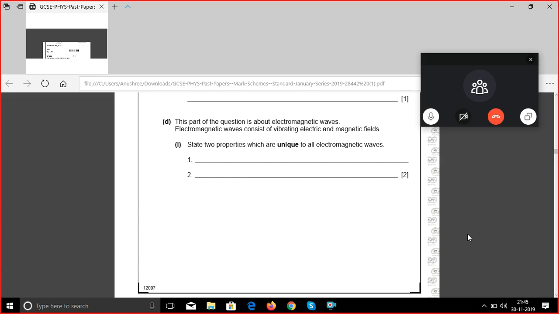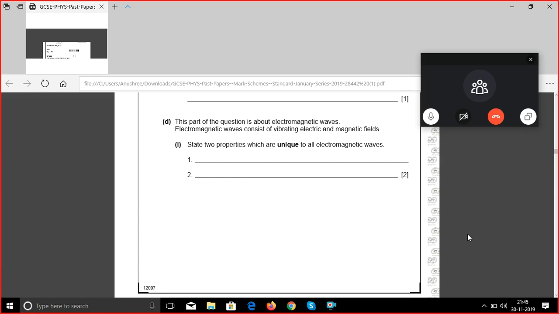And they can travel through a vacuum. Okay, so state two properties which are unique. So first thing is that they don't require a medium to travel. That's correct, that they can travel through vacuum. Why can they travel through vacuum? Because they don't require any medium. That's the first property. And second property is also related with the vacuum or air, but it has something to do with